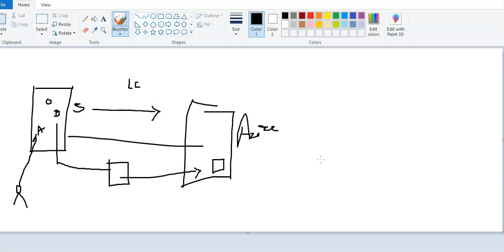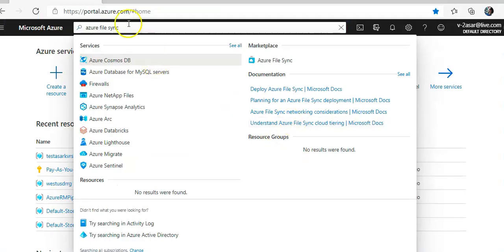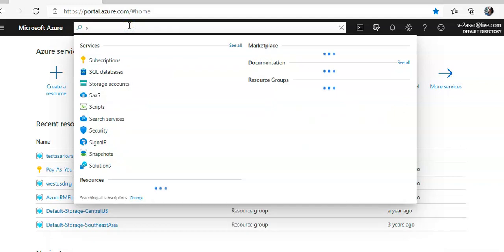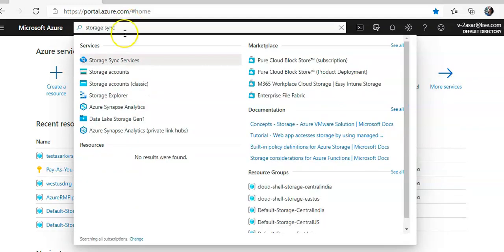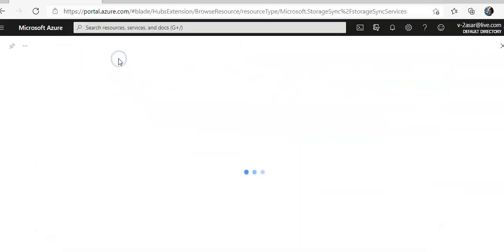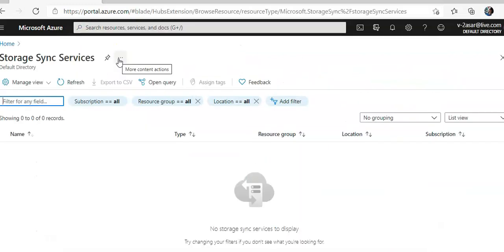So there is some terminology that I want to share with you. The storage sync service is the high-level Azure resource for Azure File Sync. The service is a peer of the storage account and it can be deployed to an Azure Resource Group. So if I search for storage sync service, you don't have any sync service deployed.